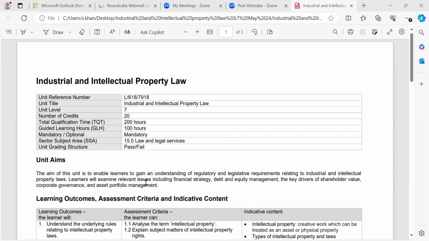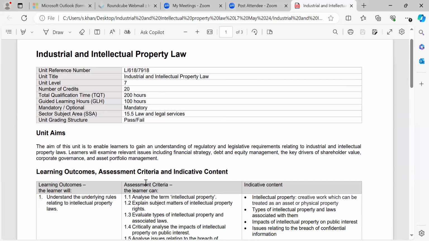The aim of the unit is to enable learners to gain an understanding of regulatory and legislative requirements relating to industrial and intellectual property laws. Things like patents, copyrights, trademarks, trade secrets. Learners will examine relevant issues, including financial strategy, debt and equity management, the drivers of shareholder value, and corporate governance and asset portfolio management. So I'm going to just quickly go through the learning outcomes, and then we're going to start on